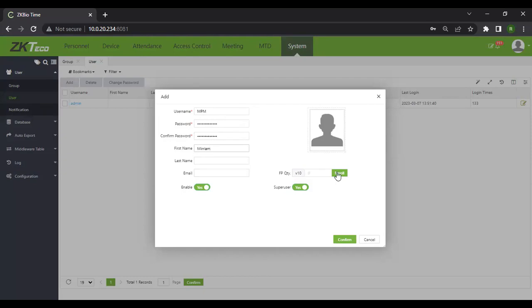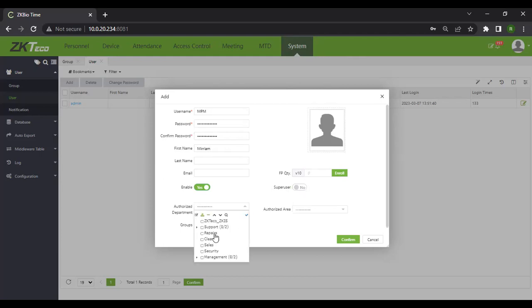You type in the last name and the email, and this person can still access the software using the fingerprint instead of the password. Remember, you can also use that here, if you want to do so. If you would like to make this person a super user, there's no need for you to go for the role. If this person is a super user, you don't have to set up anything there. But if you disable the super user role, then you need to give this person